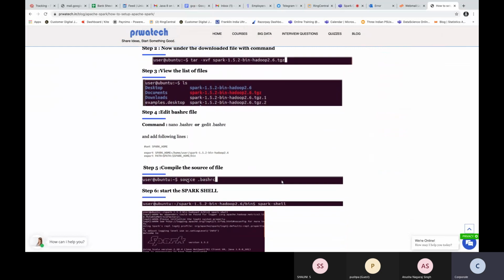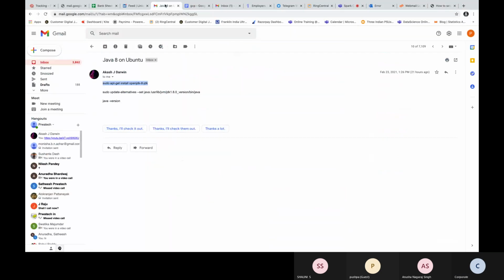Machine, that last one only, not open. After that, it's done. So install Java and set the Java path. After doing this, you have to run one more command for Java. Java space hyphen version.